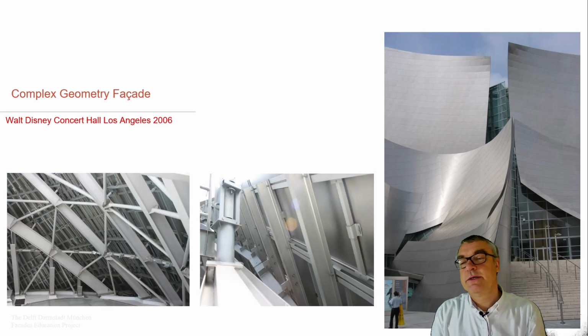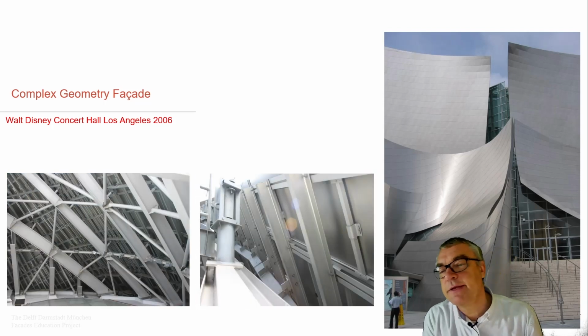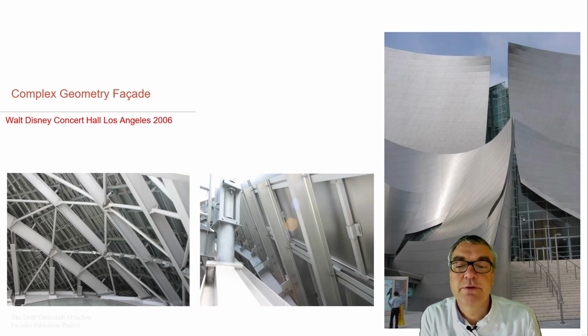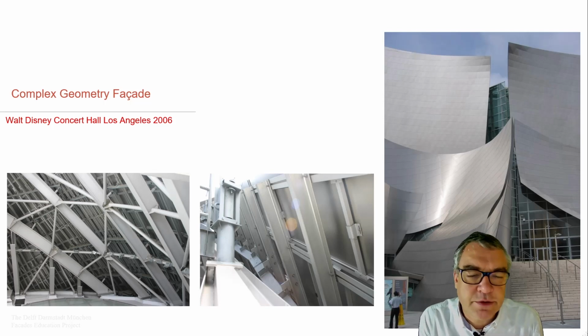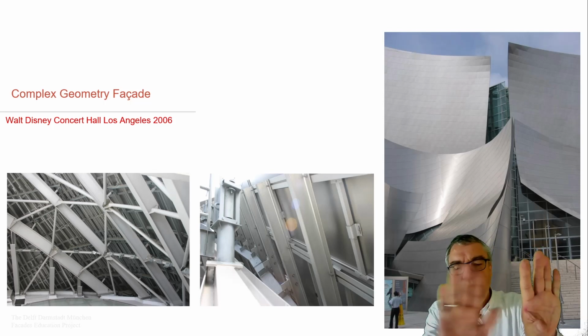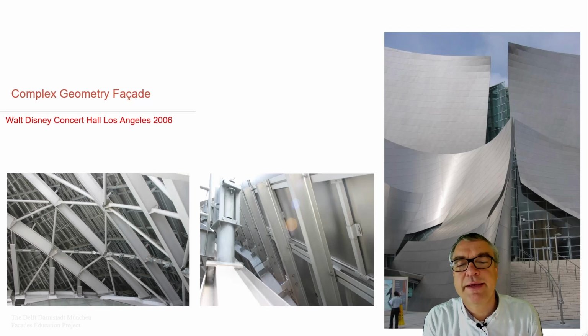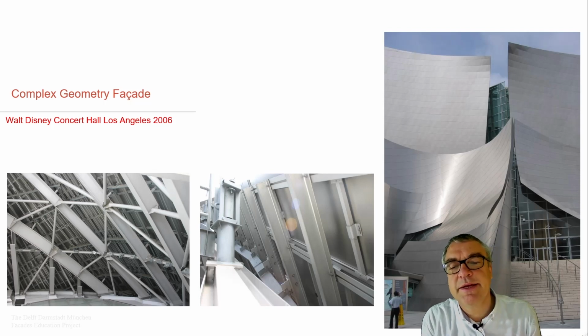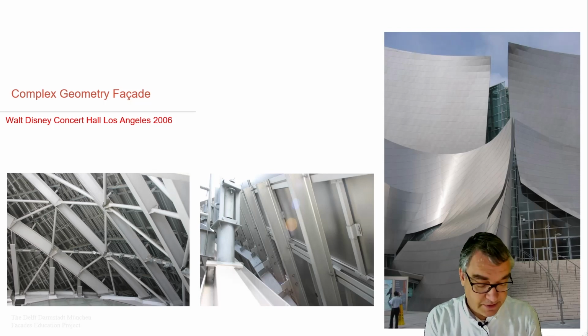And when we look at the system behind, it's again the same setup. We see the main structure, which is this one. Then we see a first layer of a secondary structure, a second layer of a secondary structure, a third layer of secondary structure to create a smooth surface, and then that whole thing is covered with the shingles, which we see here at the inside of this system.